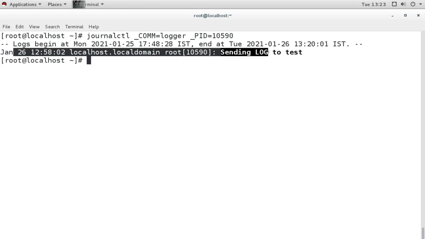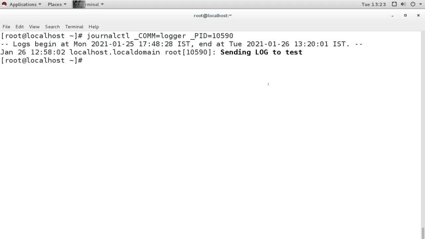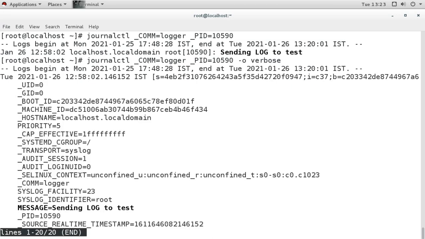If I want to see the detail, then I will add the -o verbose option also, and I can see verbosely that this is the log and this is the command which I mentioned. I want to see the logger command. Then I have mentioned the PID also.